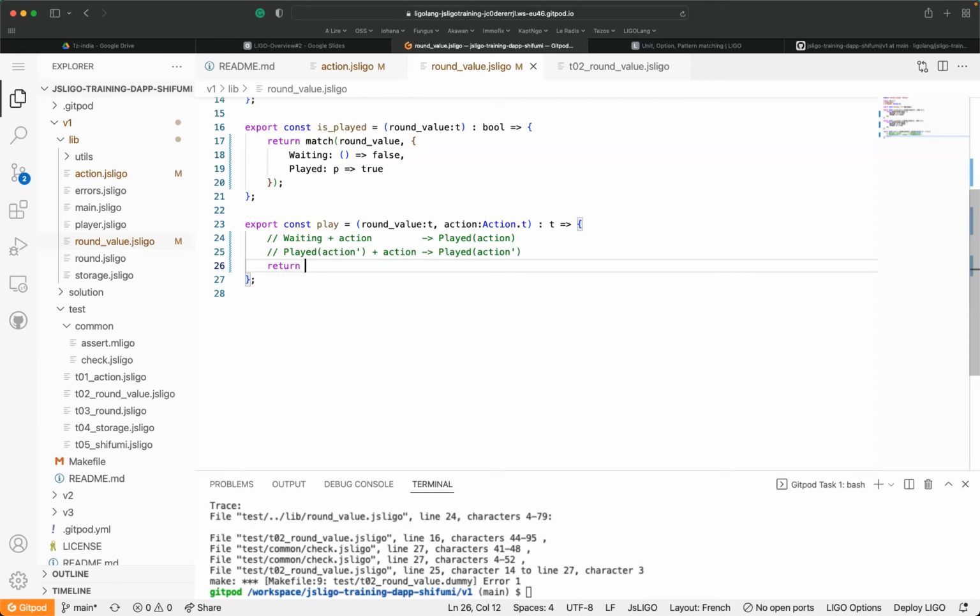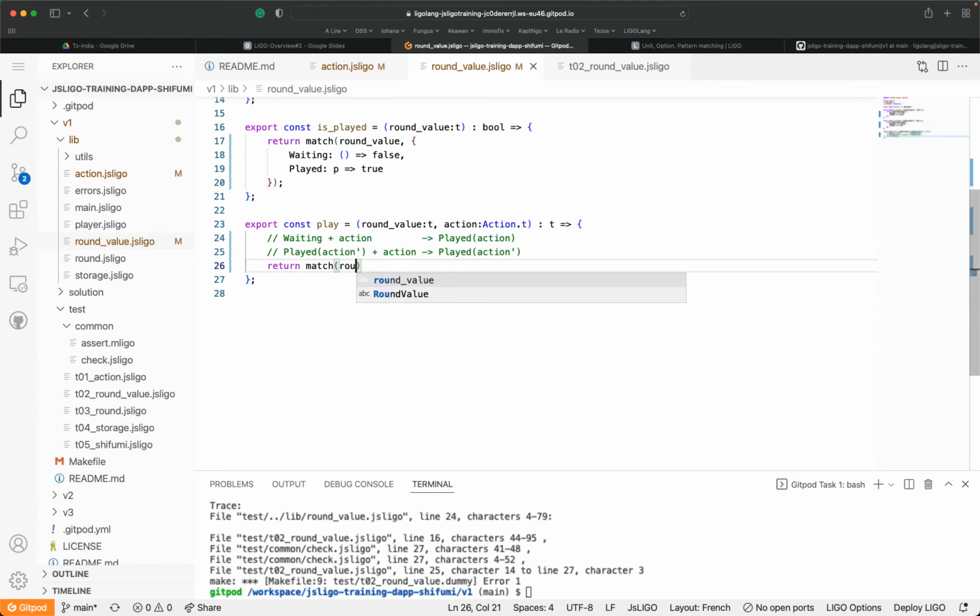So here this function can be written thanks to the match operation once again. Here we are not going to match the action because the action is not important, but we are going to match the run value, which is the current state, the most important parameter.